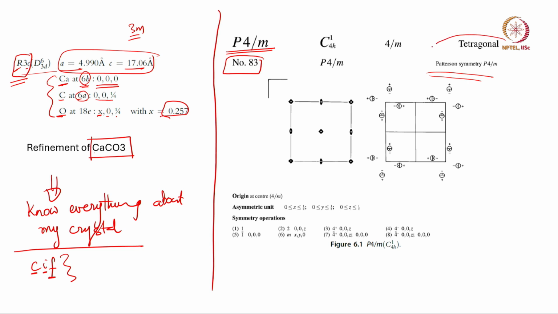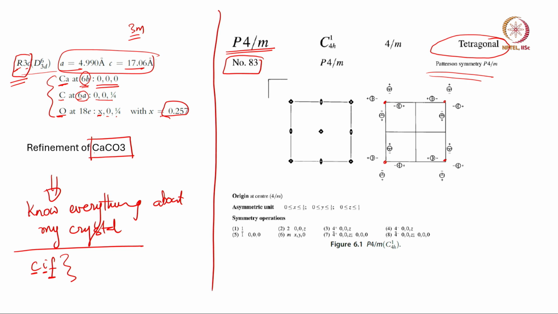Whereas, what is the crystal system? The crystal system is tetragonal. This is easy to understand. Now this sort of a thing we just looked at. So what is the unit cell? The unit cell is a primitive unit cell. So these are my lattice points, and I am going to say that